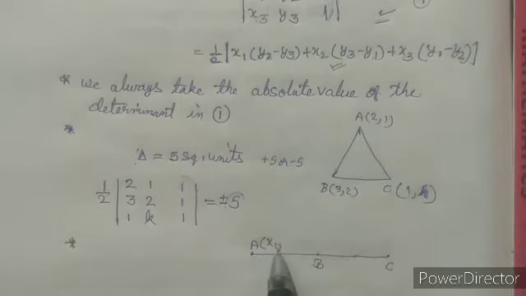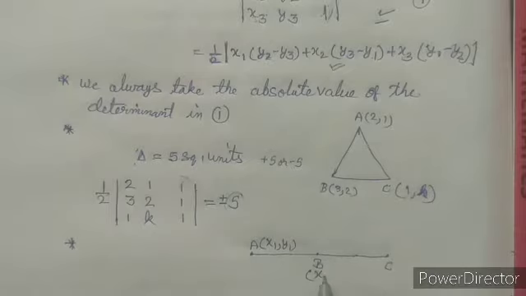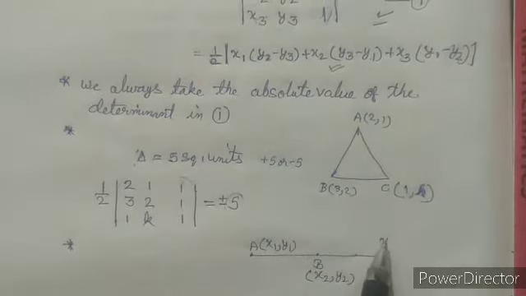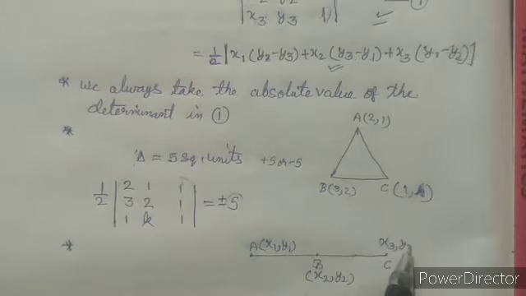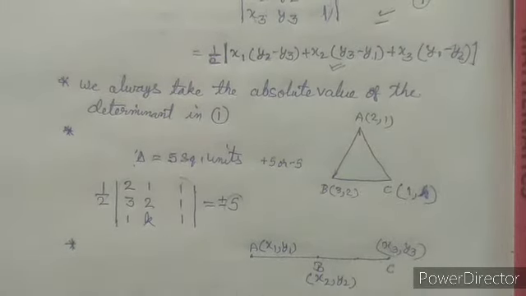The coordinates of A are x1 y1, the coordinates of B are x2 y2 and the coordinates of C are x3 y3. Now if you want to prove that points A, B and C are collinear, or it is given to us that points A, B and C are collinear, then